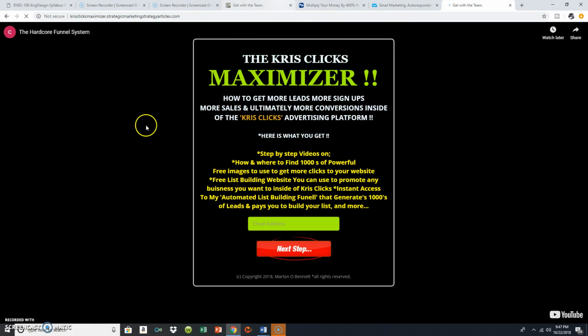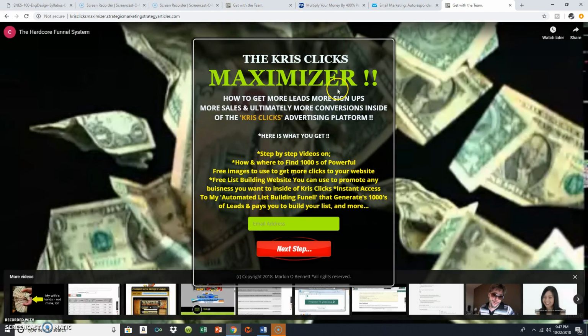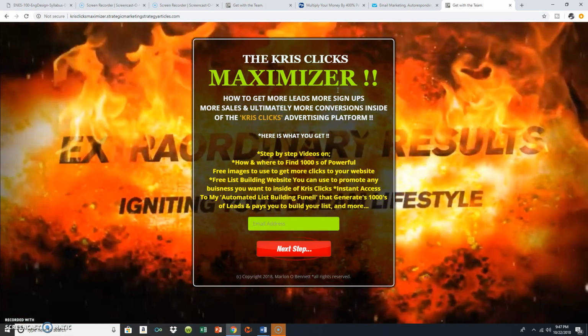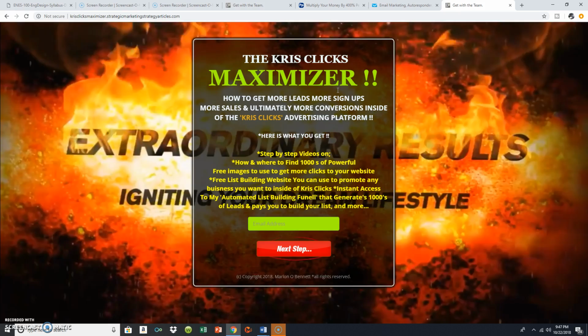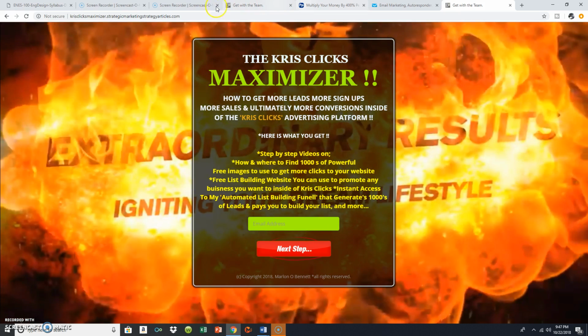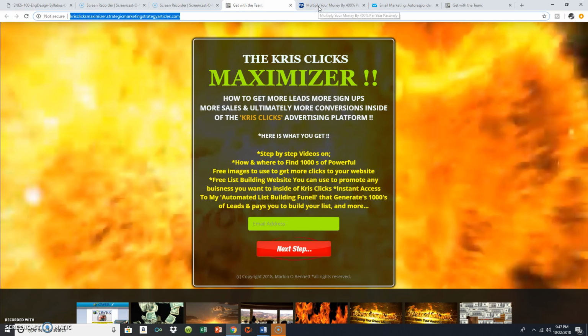This is the actual funnel that I would run to this capture page if I wanted to get traffic for my Kris Clicks platform, where you can do banner and text ads and advertising, right? So let's get rid of a few of these other things if they seem to be distracting you guys, so you guys can understand exactly